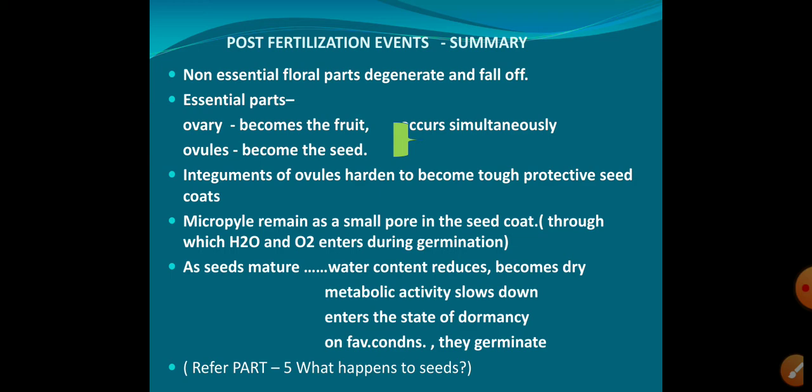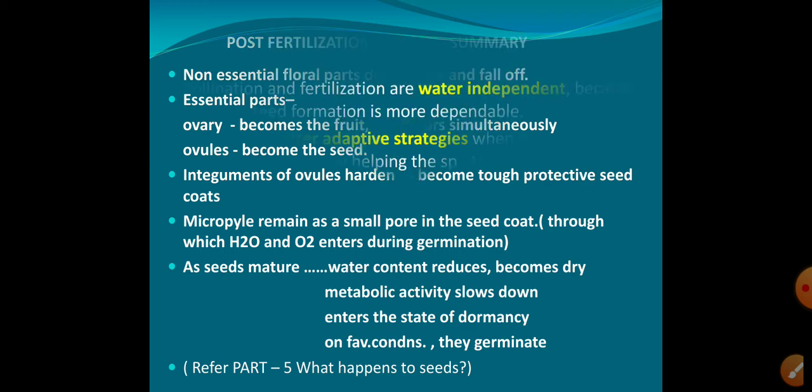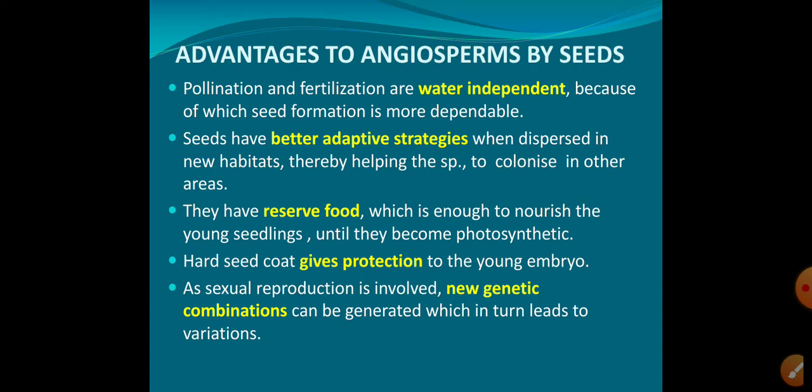Okay, next are the advantages of seeds in angiosperms. What is the advantage of seeds being present in angiosperms? First is the water independent nature of pollination and fertilization.